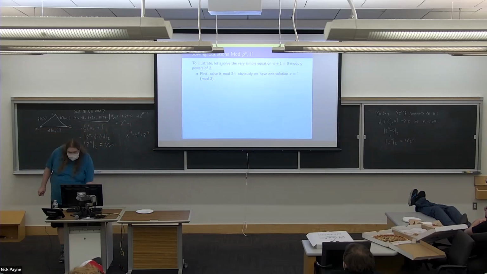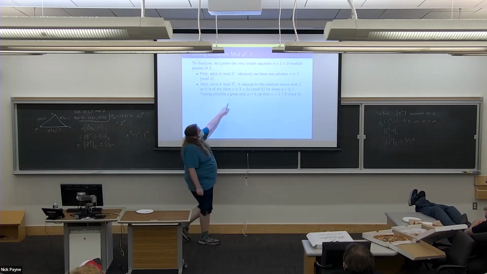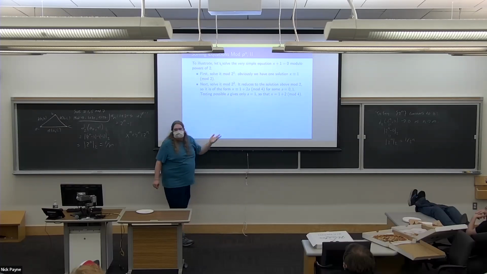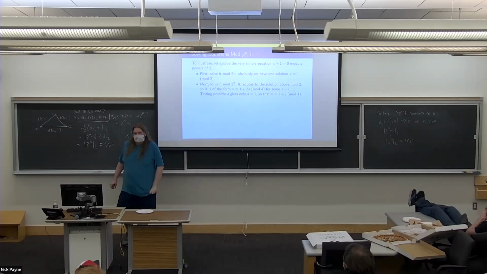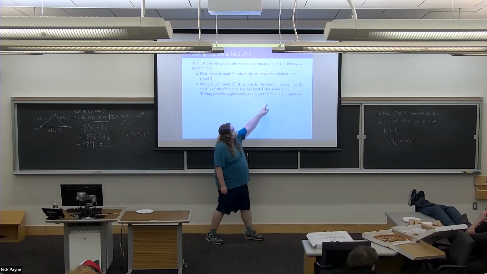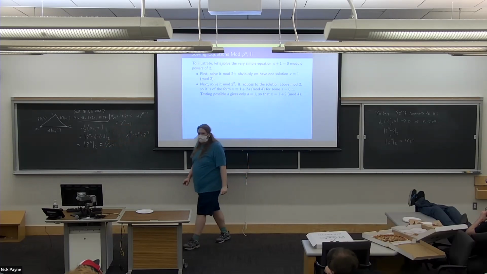Okay, now I'm going to solve it mod 2 squared. Well, the only solution mod 2 is 1. So the solution has to be 1 plus 2 times something. And the something that I can pick is either 0 or 1. There's only 2 choices that give me different things mod 4. So I just try both of them, and I say, oh, a equals 1 works. So now I get a solution, x equals 1 plus 2 mod 4.